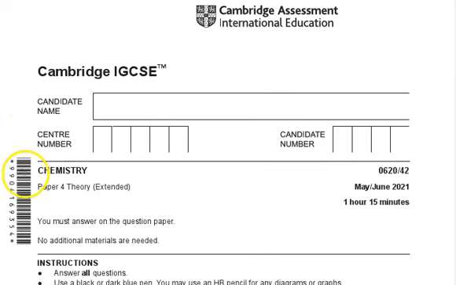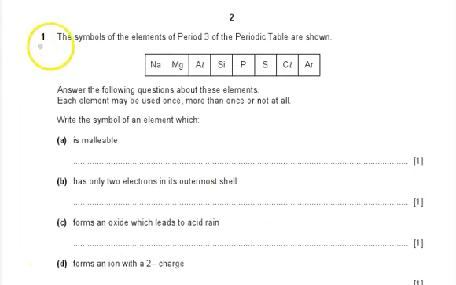In this video I'm going to explain and elaborate on Chemistry Paper 4, May-June 2021, which is 42. The time allocated here is 1 hour and 15 minutes. Let us move to the first question. Number 1. The symbols of the elements of period 3 of the periodic table are shown below. Answer the following questions